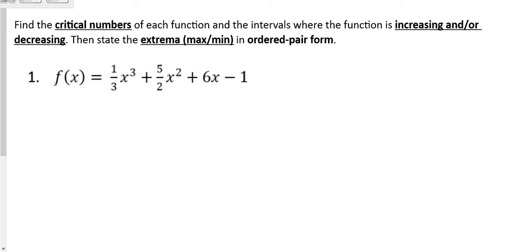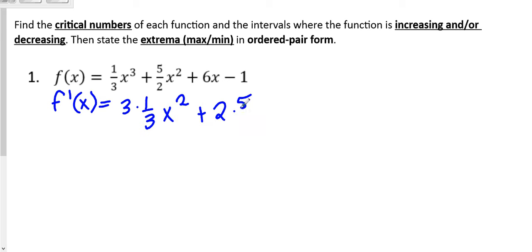We have 1/3 x cubed plus 5/2 x squared plus 6x minus 1. Now, usually when you see fractions, you freak out, but don't freak out. It's just a number. Just treat it like any other number that you would have in your problem. So when we look at this, we need to take the derivative. We would use the power rule on each of these sections. So we bring the 3 down and we have 3 times 1/3 x squared plus 2 times 5/2 x plus